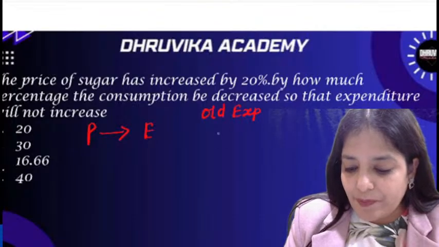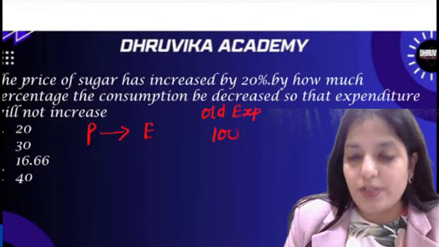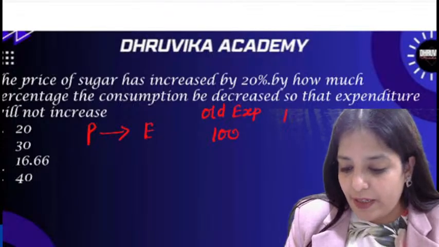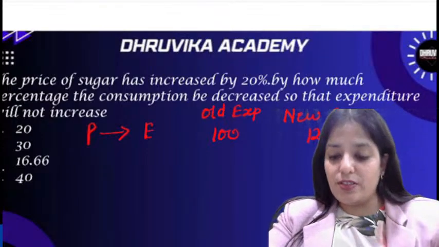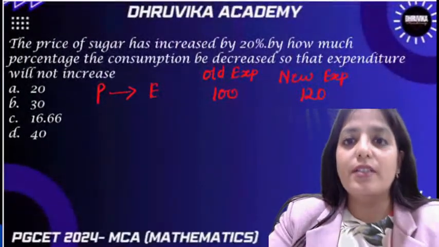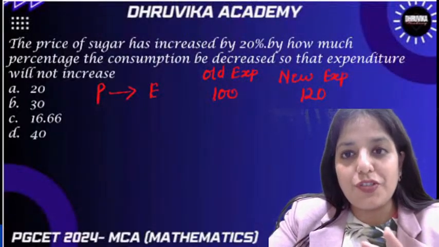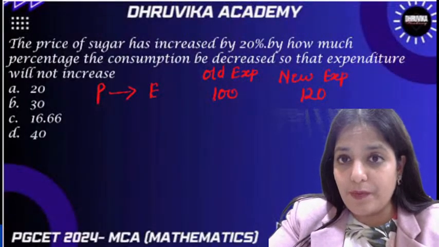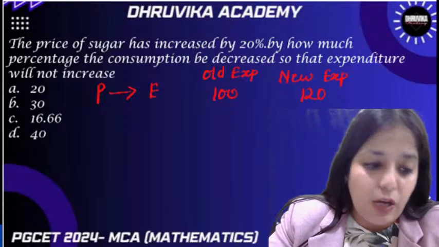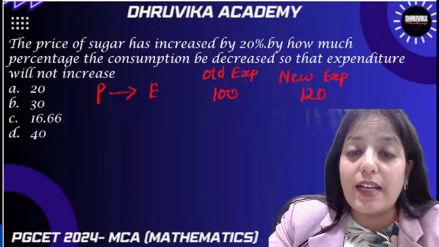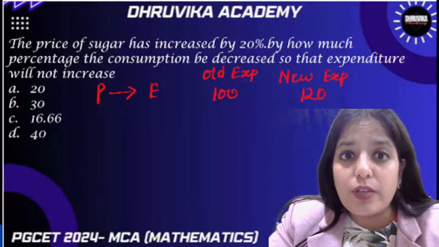So I can say my old expenditure was 100, my new expenditure would be 120. Yes or no? It has increased by 20%. By just reading the first sentence, I can assume this. Now, in the next sentence, they are saying by how much percentage the consumption should be decreased so that expenditure will